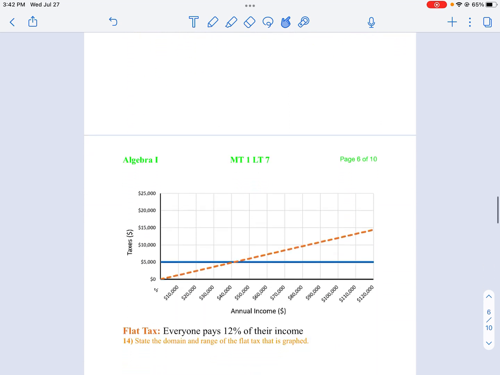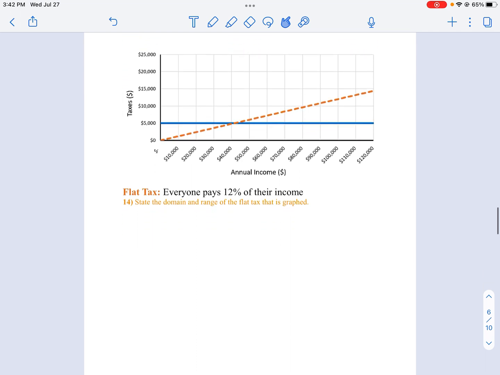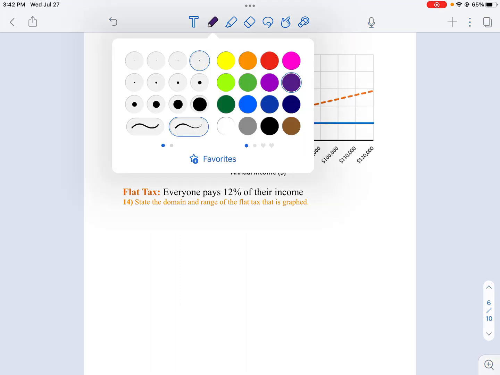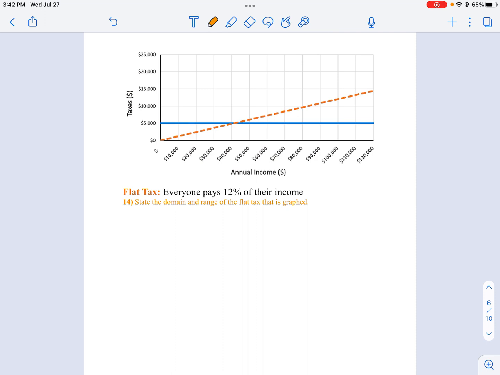Now if we take a look at a flat tax where everybody pays 12%, I want to do the domain and range that's graphed. So I'm going to change this to match it up so you can see the colors. So my flat tax I'm going to do in orange. Just like with our lump sum tax, my domain is going to be the same. That is, my domain is going to be the set of x such that x is less than,